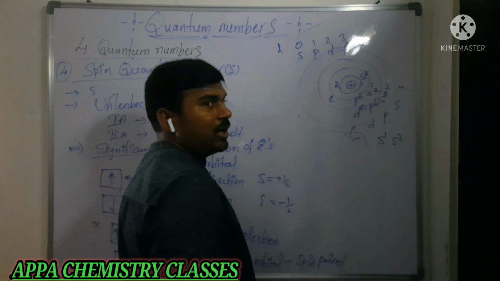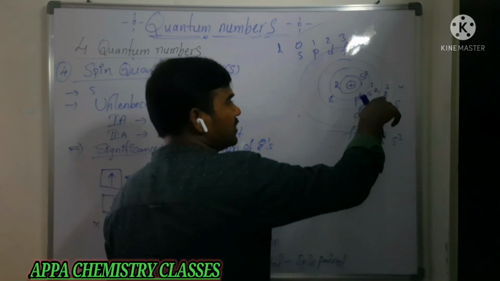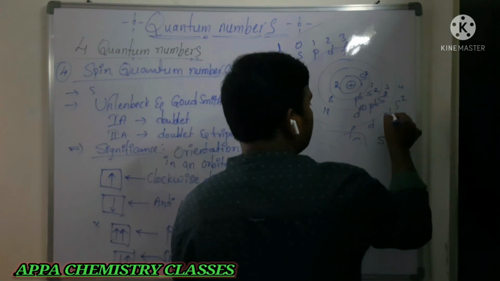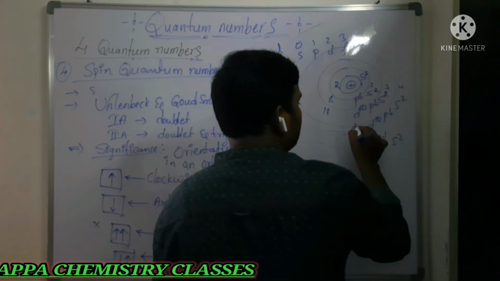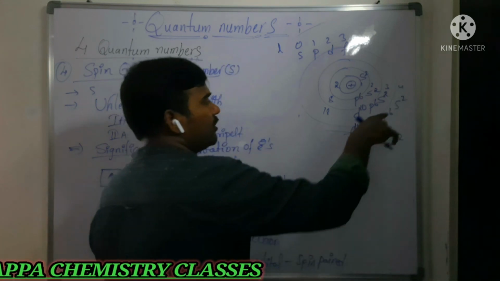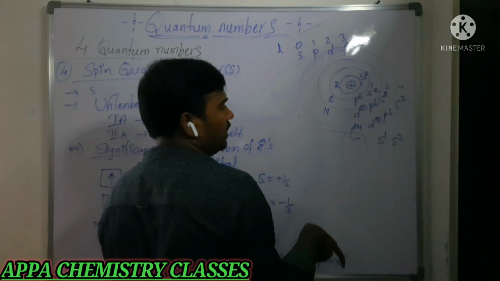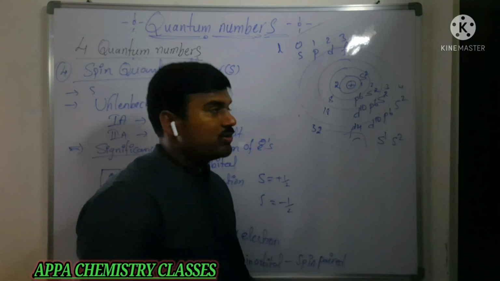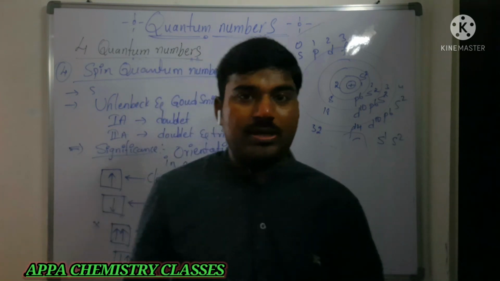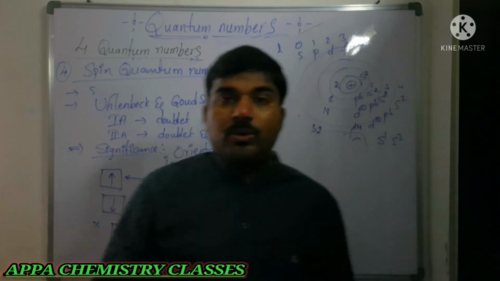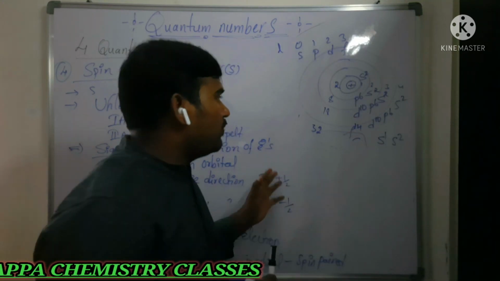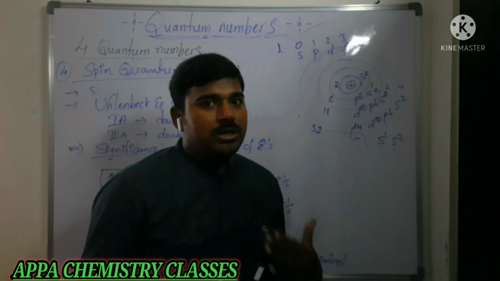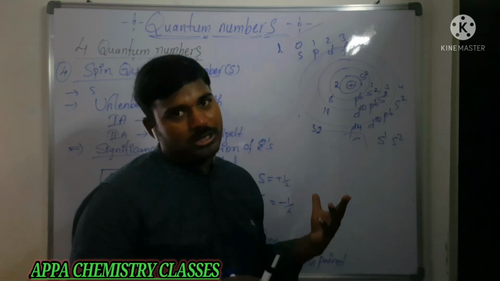So in total, the third energy shell can accommodate 18 electrons. In the fourth energy shell, it is 2 plus 6 plus 10 plus 14, so 18 plus 14, that is 32 electrons. Is that clear? In that manner we have to distribute the electrons. What principles do we need to follow while distributing the electrons?